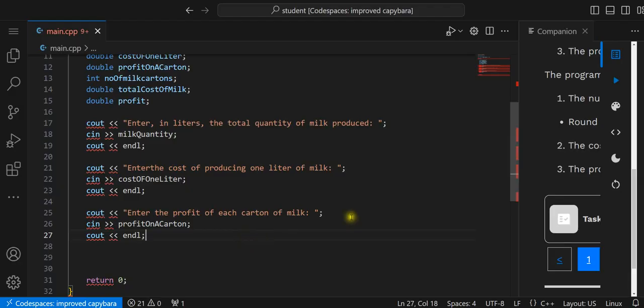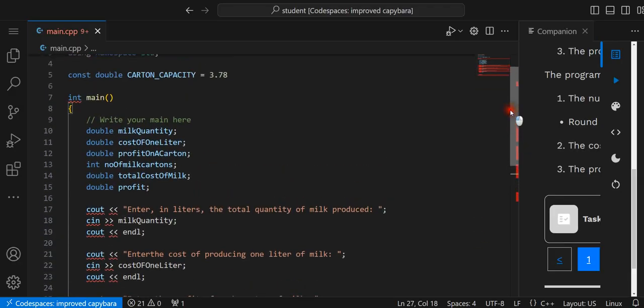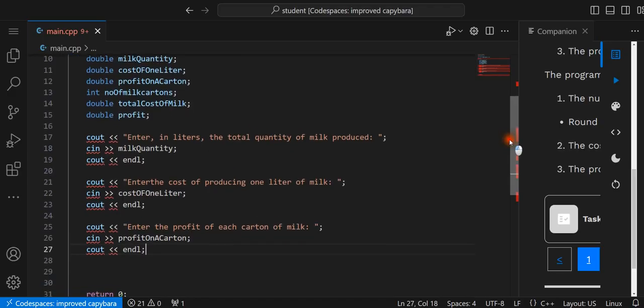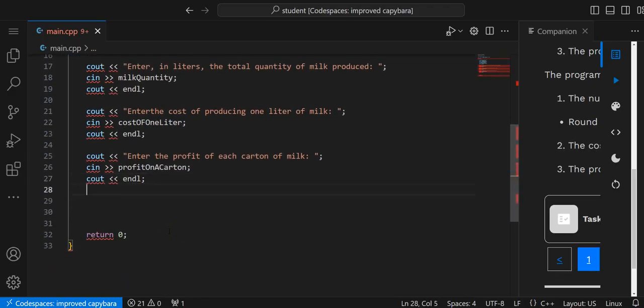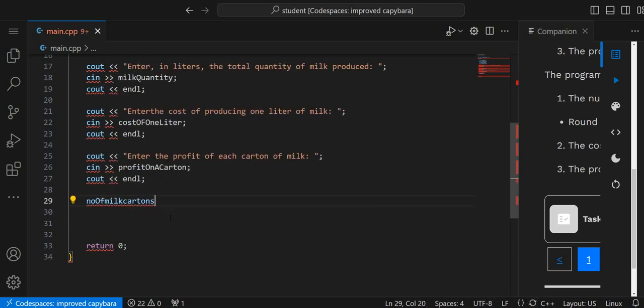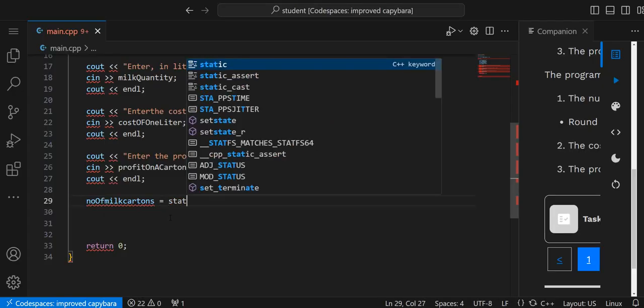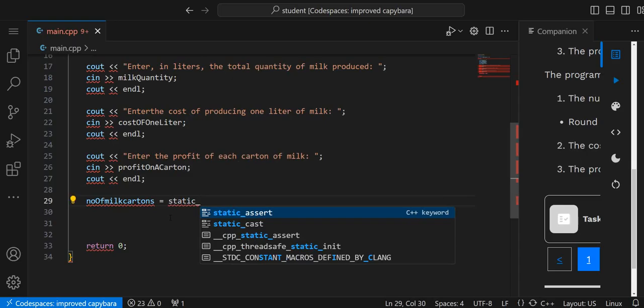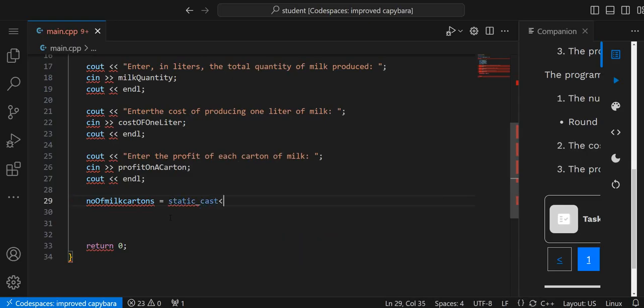Alright, so let's see what I got. Jerky up here. So we just gotta do our math. That's a whole lot of red. Enter liters. Alright, so let's get our math done. Let's go with number of milk cartons. Number of milk cartons is going to equal, let's do our static underscore cast, that's integer,